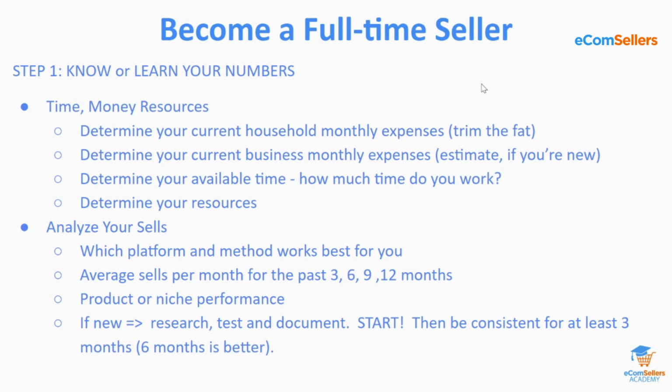This is your opportunity, if you're looking to go full time, to hone in on the platform or platforms, and to hone in on the method of e-commerce that you think is going to work best for you long term, or something that you can sustain for a good 6 to 12 months. You can always switch it up after you've gotten the momentum and reached the income level that you need to be at. But again, figure out what you feel is going to work best for you. If you're a newbie, you have to do a little bit of research to figure that out,